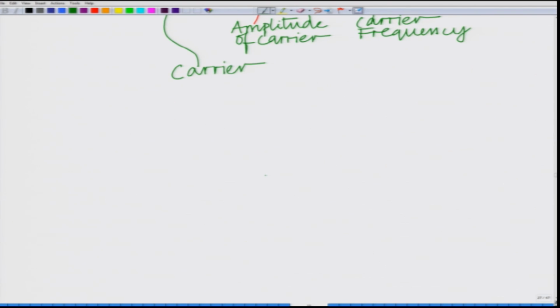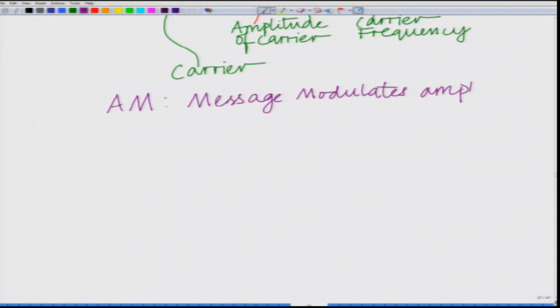So, in AM the message modulates the amplitude of the carrier, and an AM signal is given as